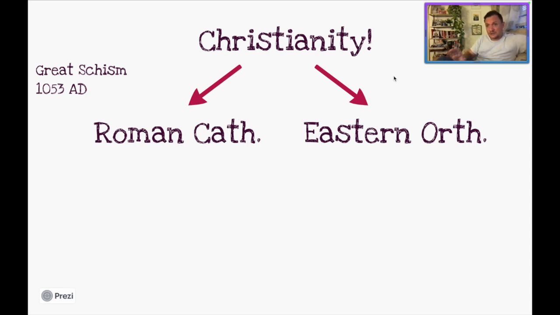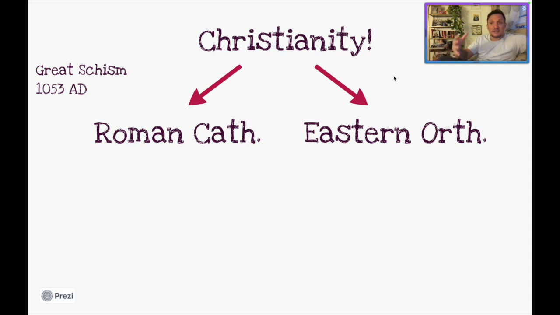Now, the Great Schism is going to be a thing that goes down in the Byzantine Empire when they couldn't agree on things like leavened versus unleavened bread. They couldn't agree on this idea of the filioque, or if they should say, "and the Son," and the holy signs of the cross. They couldn't agree on who should lead the church. Should it be a pope or a patriarch or a holy synod of some sort, right?